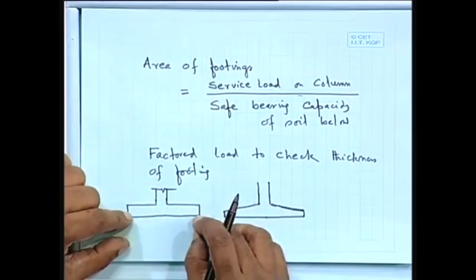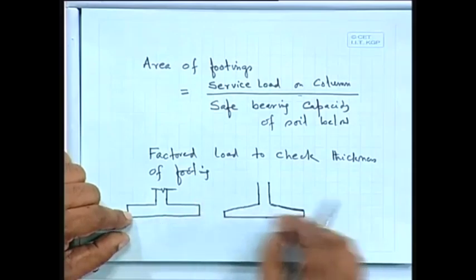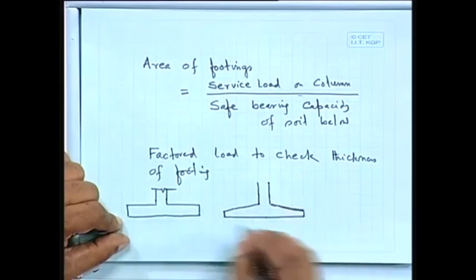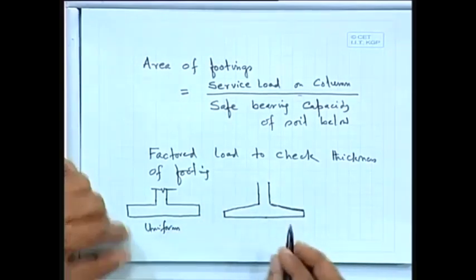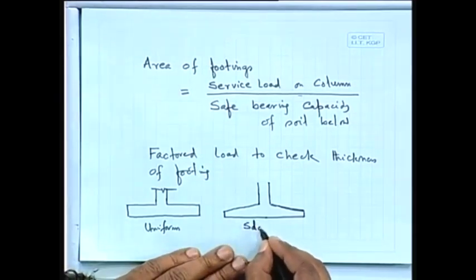So bending moment here 0, here bending moment maximum. So I can reduce my thickness. So this way, this is uniform, then sloped,